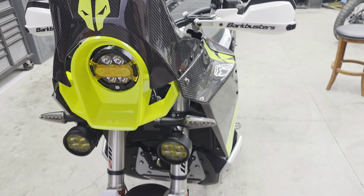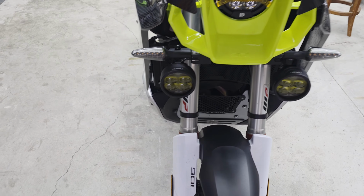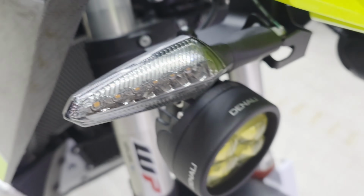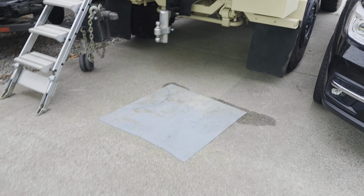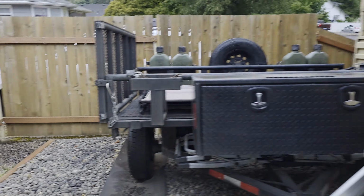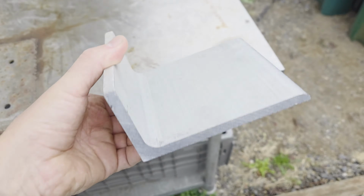Just a quick update from the last video. I didn't like the way that I had the fog lights mounted on the single bracket off of the bolt here with the star washer. So I dug through my aluminum bin and I had a couple of pieces of this angle left over. This guy right here. So I had another one of these and I cut it into